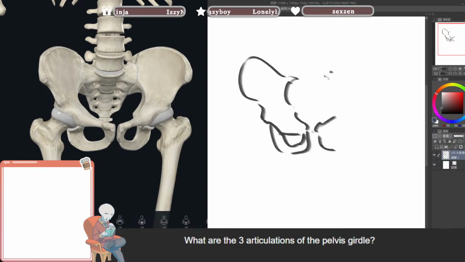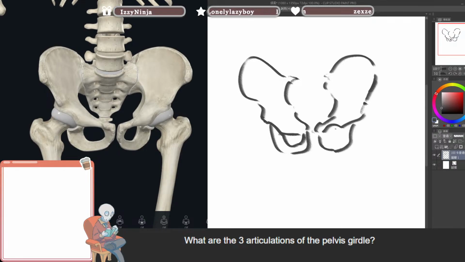This is the pelvic bone. But the reason it's called a pelvic girdle is that it includes one other part, which is the